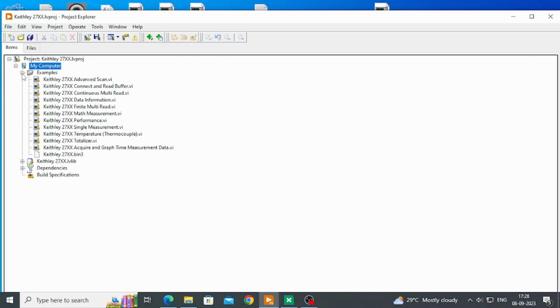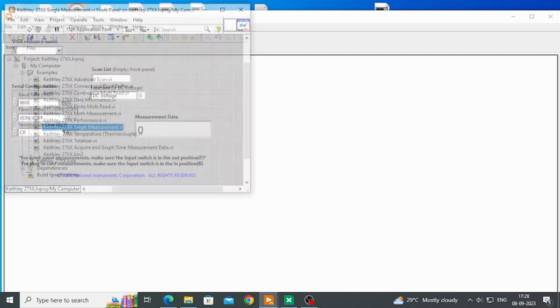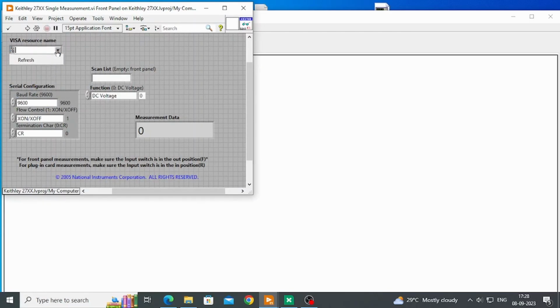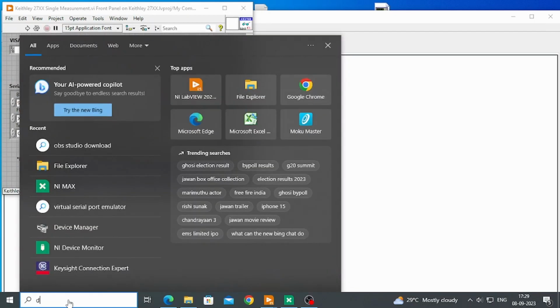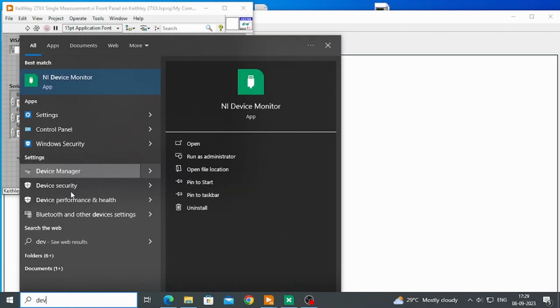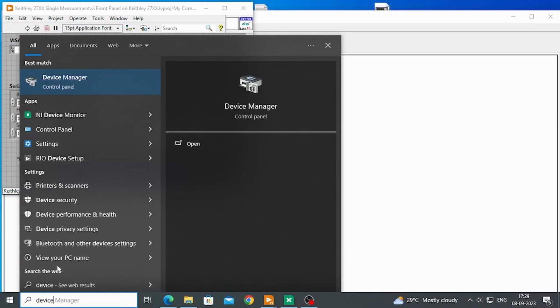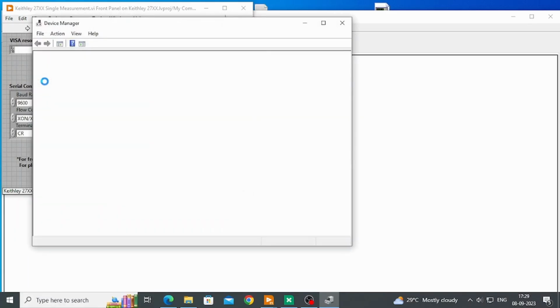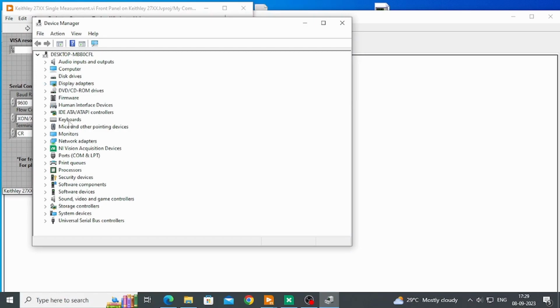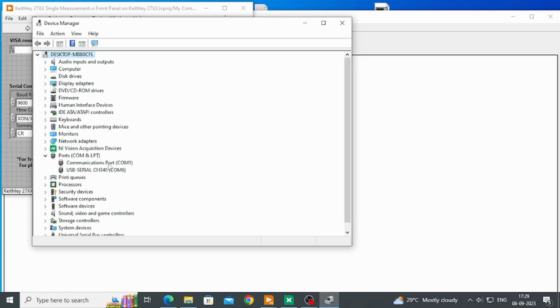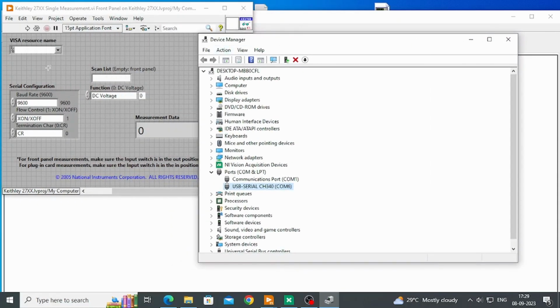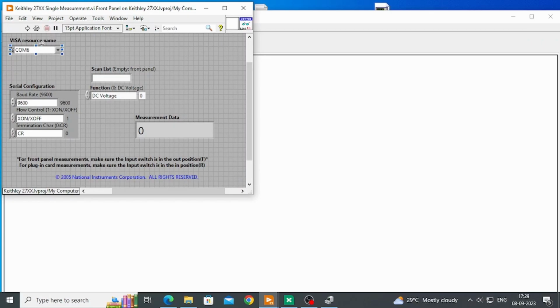I'm going to examples, and I am just measuring a single measurement. So I am opening that particular VI. This is the VI, and you have to select your instrument. Here I connected my instrument through COM port. You can find out how your instrument is connected by opening the device manager. I connected through USB. You can go to ports. The USB serial port is connected, that is COM6. So you have to mention the same port here in the VISA resource name, that is COM6,